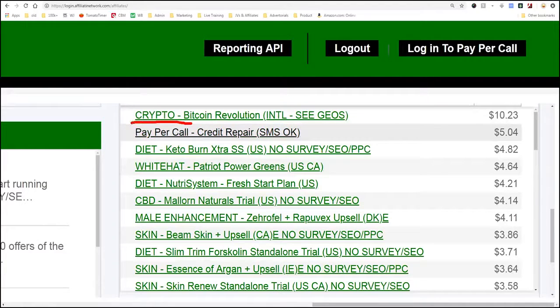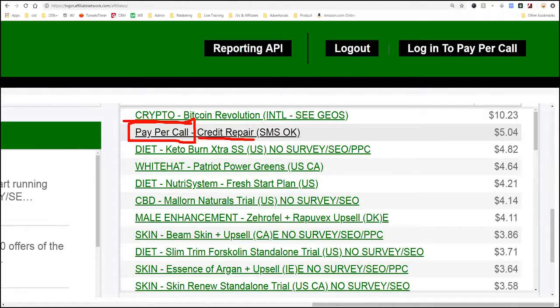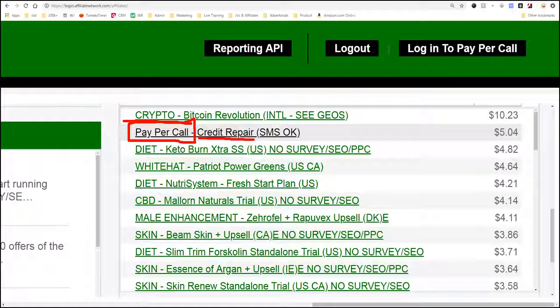The next vertical is called pay per call. Pay per call means that you're getting money each time somebody makes a call and calls into a sales floor. And in this case, it's for credit repair. Now, pay per call is a payout type, right? It's not a vertical. Credit repair seems like it would be a vertical, but pay per call is considered a vertical in affiliate marketing. The reason it's considered a vertical is because generally you have to advertise pay per call offers differently than you advertise a traditional product where you can purchase online.